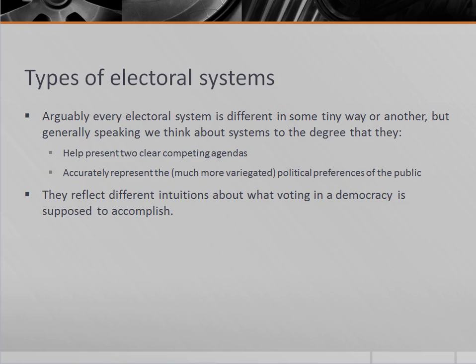So does the electoral system simplify your choices down to two, or does it give you a large menu of choices? And this ultimately reflects different intuitions about what voting in a democracy is supposed to accomplish. You see hints of the majoritarian consensus divide here, but you also see other values at play, such as, for example,